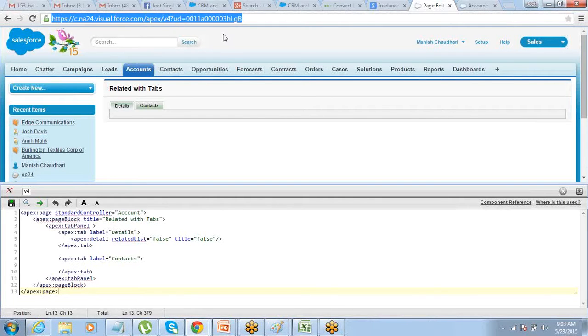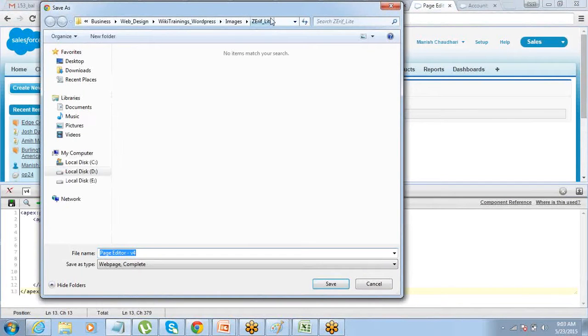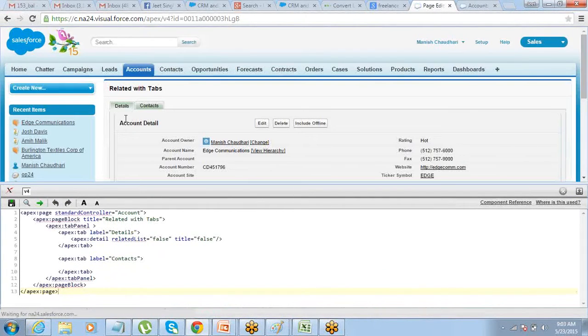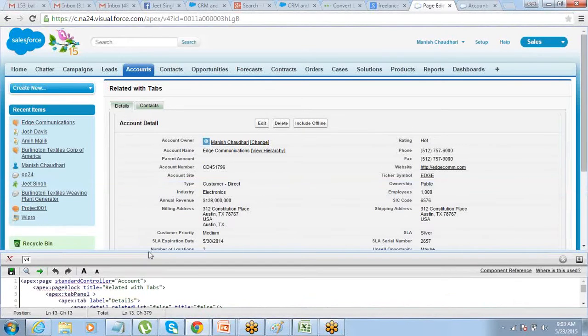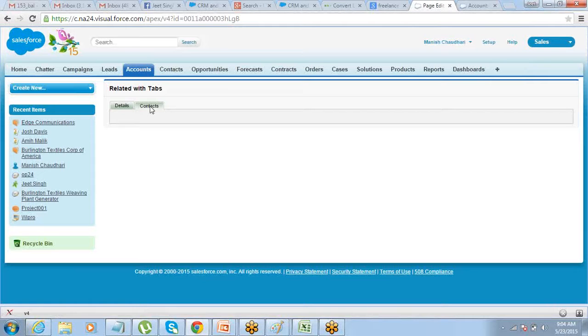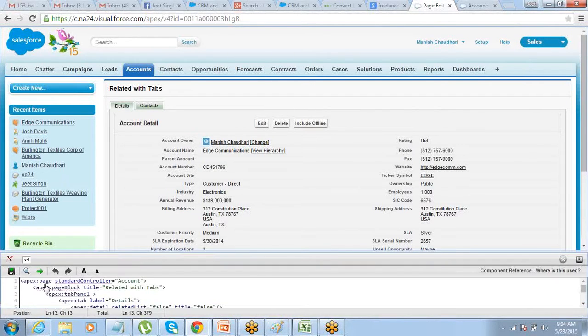Sorry, it should be ID. Alright. So under the detail tab, I can see the details. I've used the detail component inside this. Under contacts, I want to see the related list contacts, right? So all that I have to do is bring in that data.